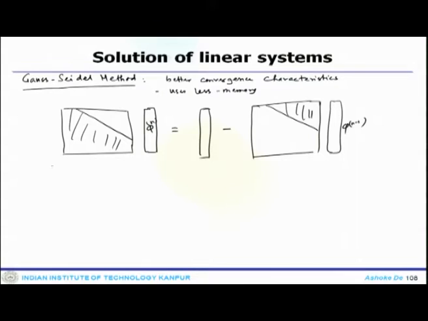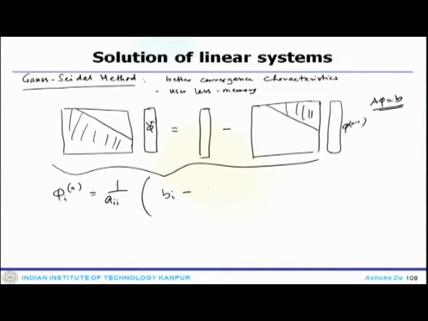So that is how it can be represented graphically, but finally the equation that we are solving for is A phi equals b. So if you write that mathematically, at the nth level phi i equals 1 by a_ii times (b_i minus the summation over j equals 1 to i minus 1 of a_ij phi_j, minus the summation over j equals i plus 1 to n of a_ij